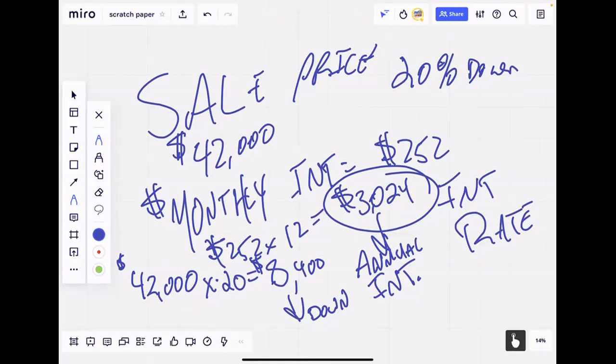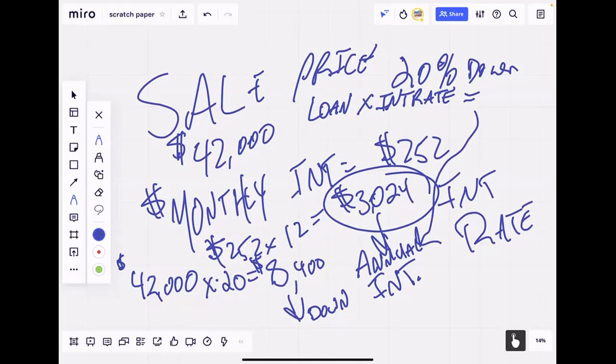Let me see. Can you remind me? Okay, so to get annual interest, you multiply the loan amount by the interest rate, which equals annual interest. Okay. Now,